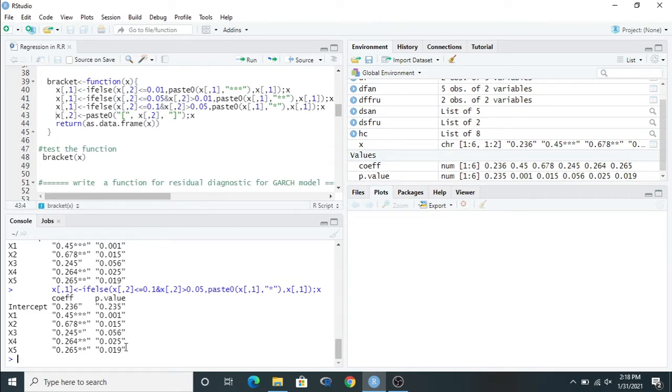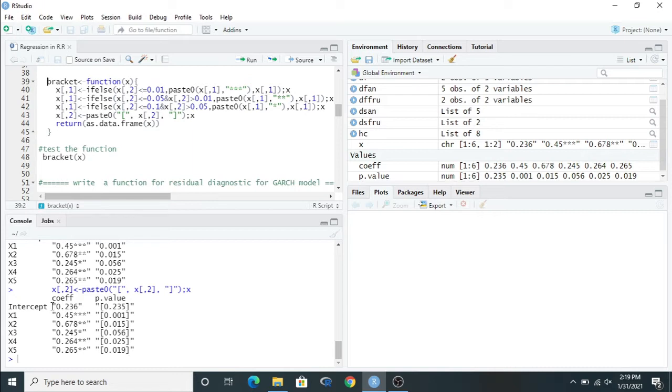So here we have to put the second column. The second column of the x value is x square bracket, all rows and second column. Then we are using paste, with the start of the bracket, this is a character, so we have to put it inside inverted commas. Then we put the original value of the second column, then the closing bracket. Okay, then run this and you can find the bracket is already added in case of the p value.